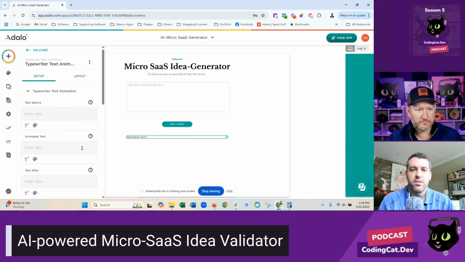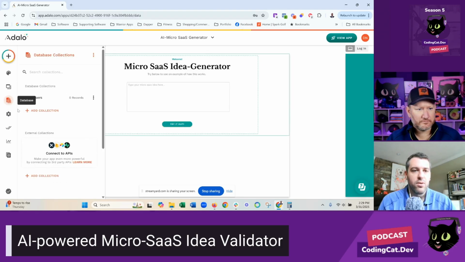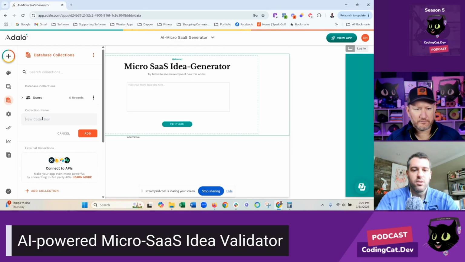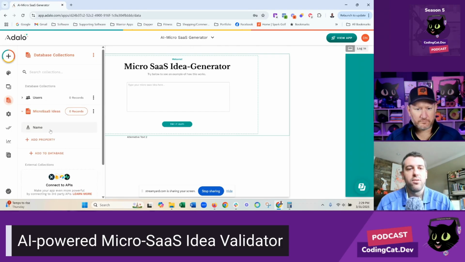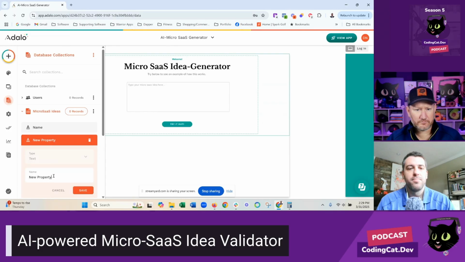This is where we're going to need to do a database thing. So I'm going to add a collection just called micro SaaS ideas, and we're going to give it a title and a description.